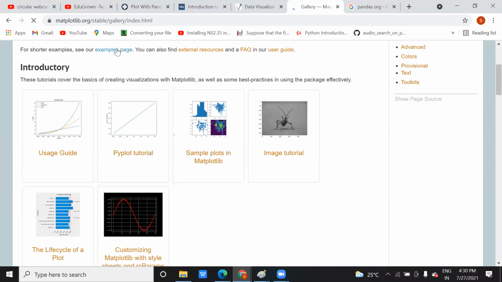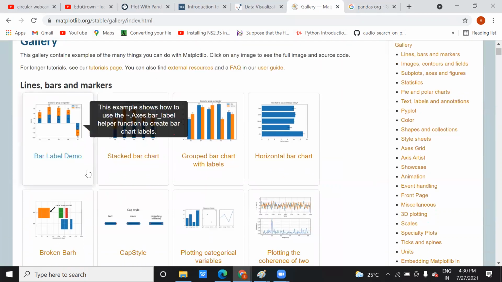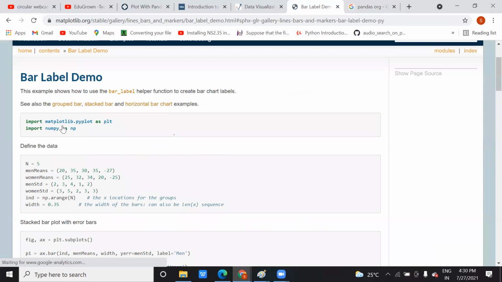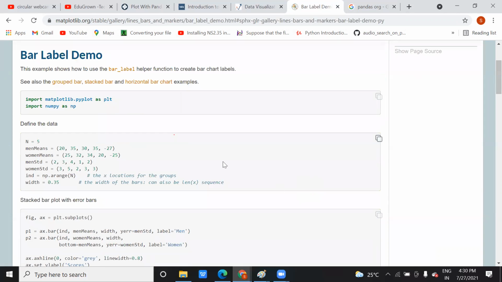If you want to see an example, you can click on the example and see it. This is a different graph. You can see the bar label demo; when you click on this, you will get this example. If you want to try, we can try it also. I will show you with the practical only.